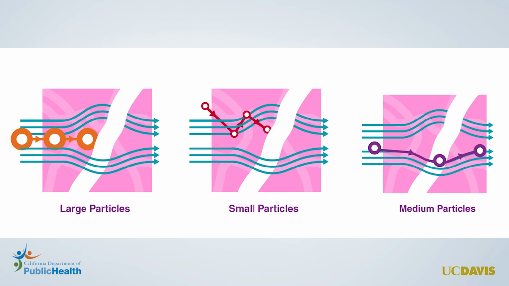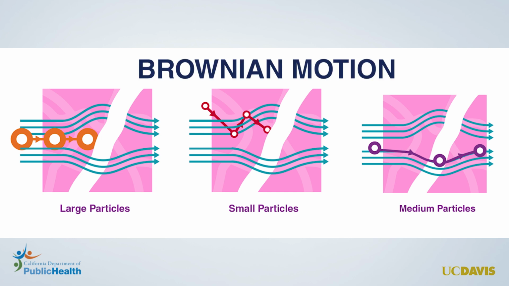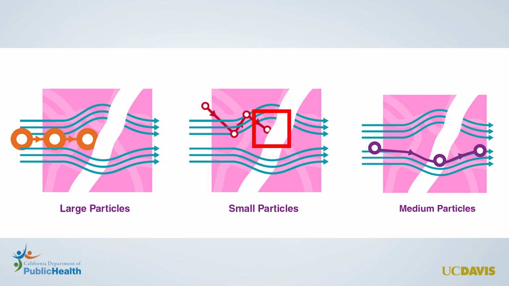Small particles behave very differently. Small particles are easily redirected by the airflow and are typically not removed by impaction. Due to their small size, they interact with all the surrounding air molecules, causing them to move in a random pattern known as Brownian motion. During these random movements, there's a possibility that small particles will collide with and adhere to the filter fibers. As particle size decreases, the likelihood of this occurrence increases, resulting in a greater chance of particle capture. Medium-sized particles are the most likely to stay in the airstream and make their way through the filter fibers without